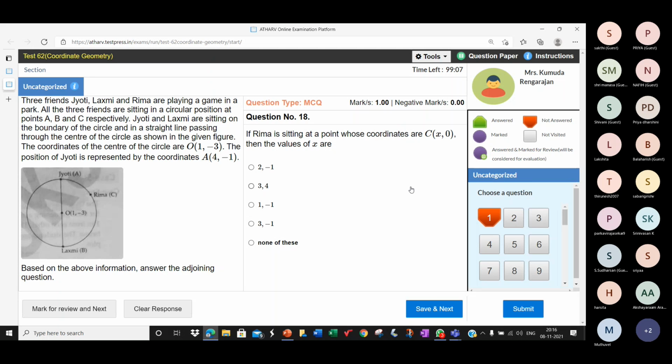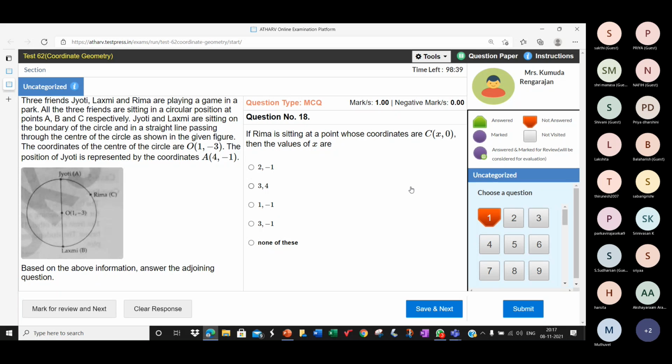OA is equal to OC. You can also further write OA square is equal to OC square or anyways. So OA is equal to OC is very important. And how do we find OA? Using the distance formula, root of x2 minus x1 the whole square plus y2 minus y1 the whole square is equal to OC. Again, distance formula, substitute the values. Then square on both the sides. Squaring on both the sides and working.